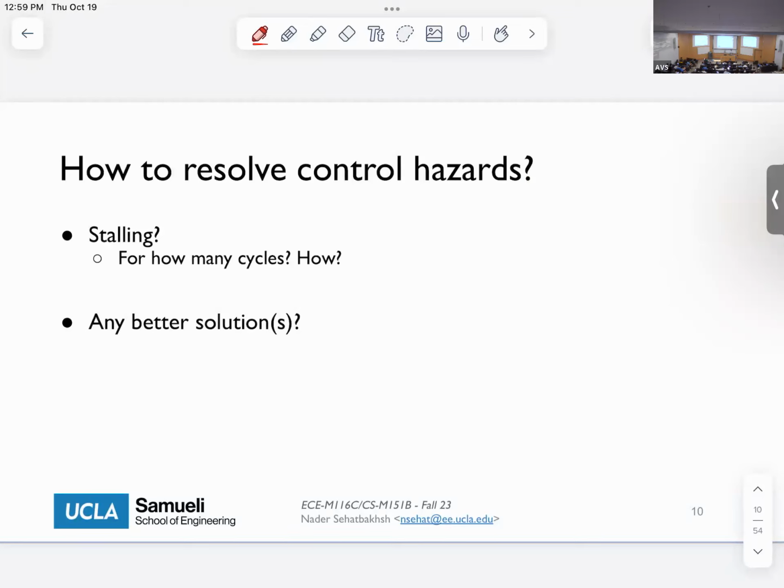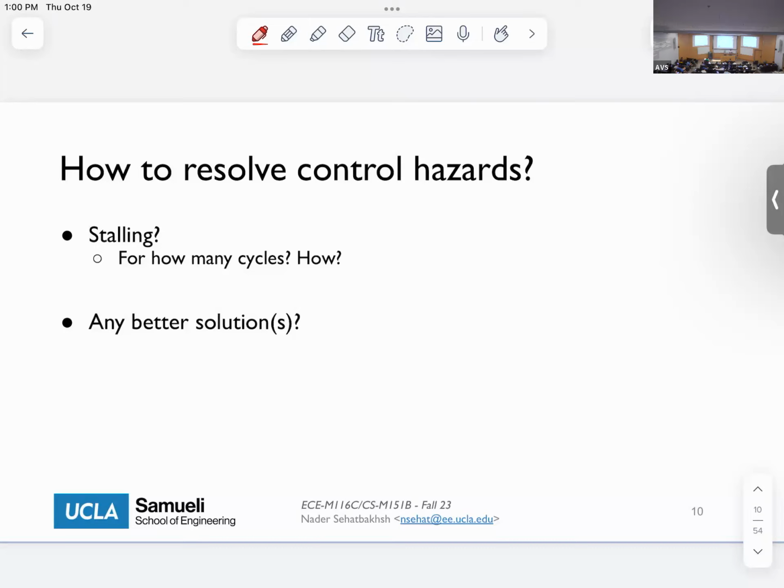The first solution that comes to mind is the same old stalling. If the branch comes, stall the processor. First, figure out where the branch goes, whether it's taken or not taken. Once we know the outcome, then we can fetch the correct instruction and continue, right? So that seems to be a good solution, but there are two main